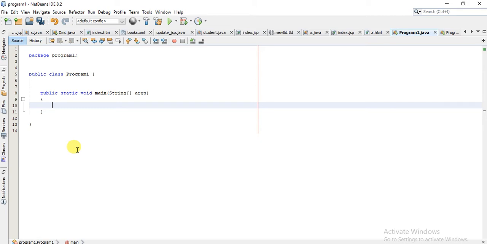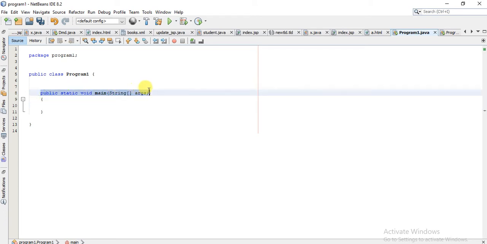If we compare the Java main method and the C++ main method, the C++ main method is not contained inside any class. It is freely available, right? But the Java main method is inside some class, and we need an object of that class to access the main method. But you also know that main is the starting point of the program. So when we run the program, the compiler first searches for the main function.